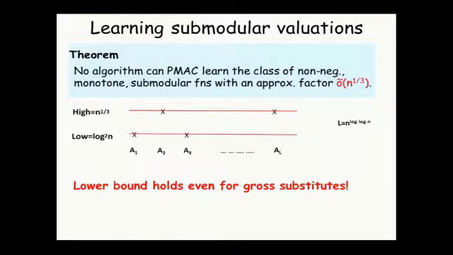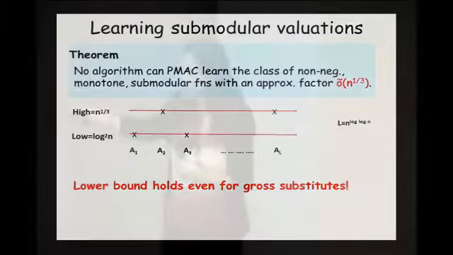All right, but after further tricks, we get to this picture. We manage to show that there exist these sets A1, A2, up to AL. These are subsets of the ground set, and there are super polynomially many of them, and there exist two values, high and low, such that for any assignment of high and low on these sets, there is a matroid in our family whose rank function achieves that assignment. And as I mentioned, this then implies our lower bound for learning.